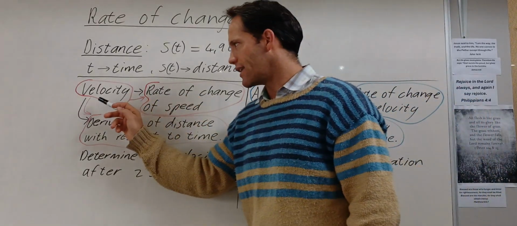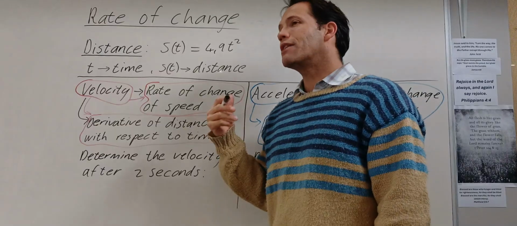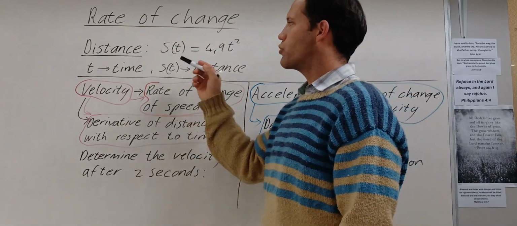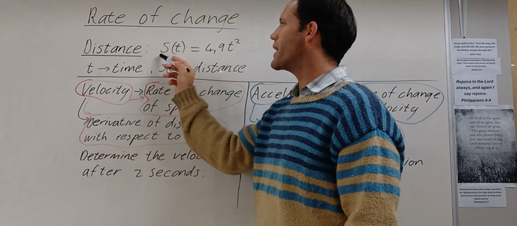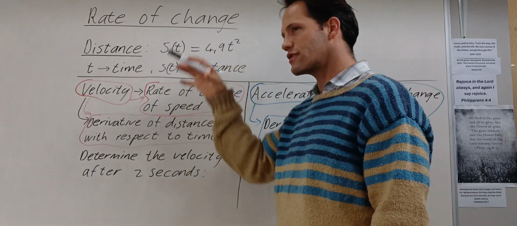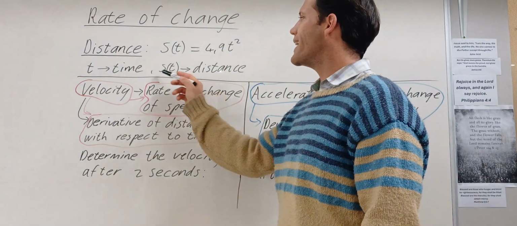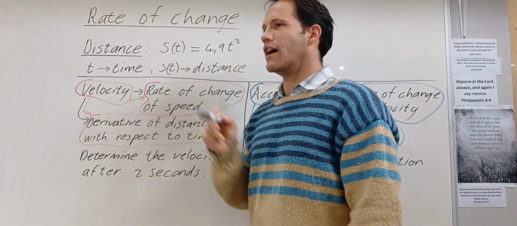How to find the velocity and acceleration. So one question might be determine the distance after 1 second or 2 seconds or 5 seconds. When you want the distance, you just substitute the time. After 5 seconds, s(5) will be equal to 4,9 times 5 squared. Then you know how far the stone has fallen after 5 seconds. Okay, so s(t), this is the distance, where t is the time.